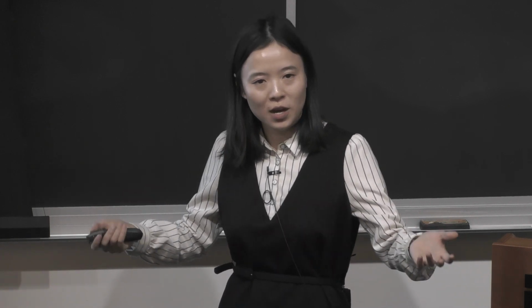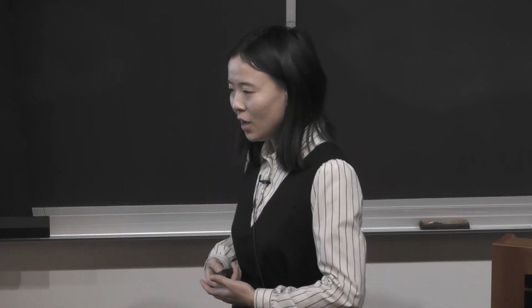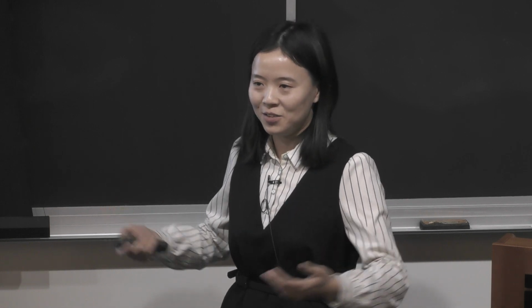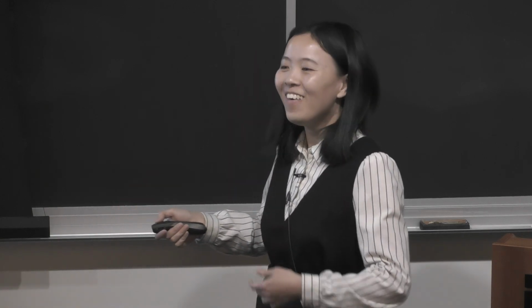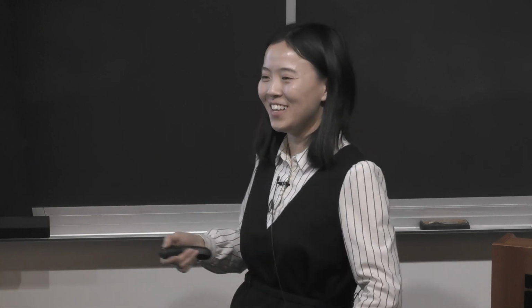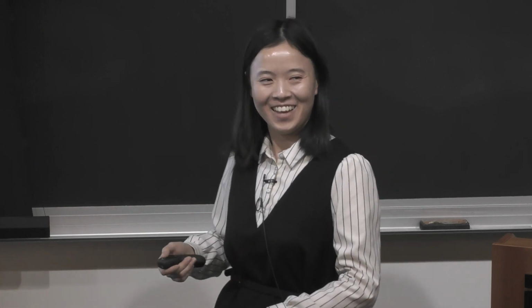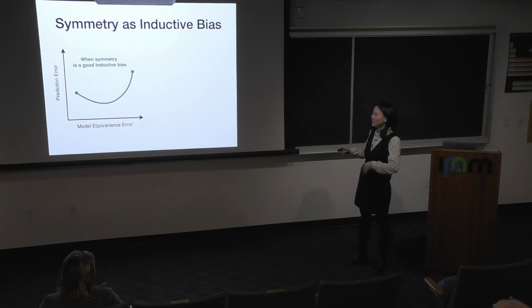For those of you who come from a physical science domain, you might love symmetry and think symmetry is always the best inductive bias. But maybe that's not the case, right? So we can, or Frank can, argue asymmetry is better, because the polynet is actually using asymmetry rather than symmetry. But here, let's think a little bit about when symmetry is an inductive bias